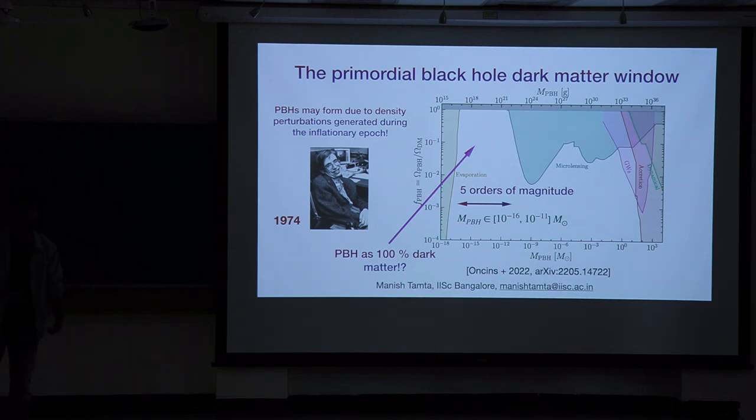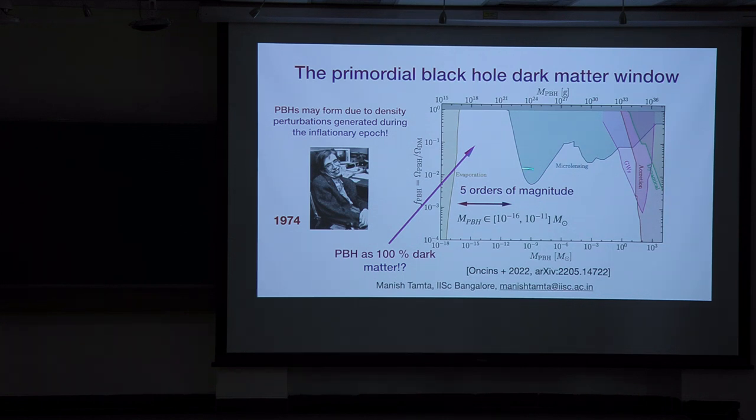So basically, if you ask me how we form primordial black holes in the first place, we have a mechanism for forming them. Ultra slow roll inflation can give rise to some density fluctuations, and these density fluctuations can collapse into black holes during the radiation domination, giving rise to primordial black holes. And the story goes back to 1974 when Hawking proposed that these primordial black holes could exist, and